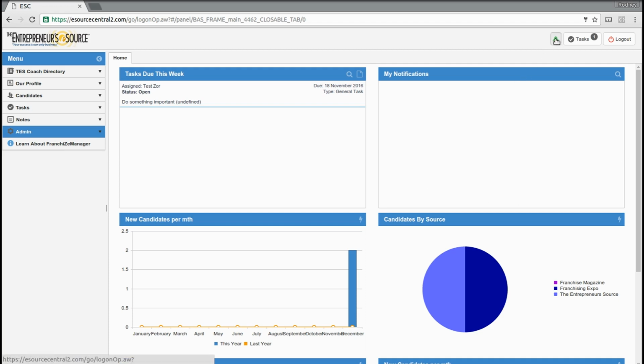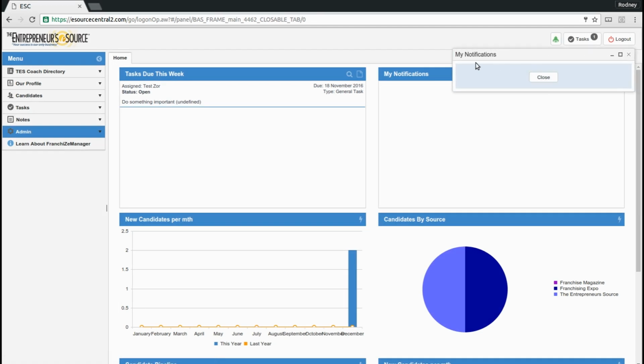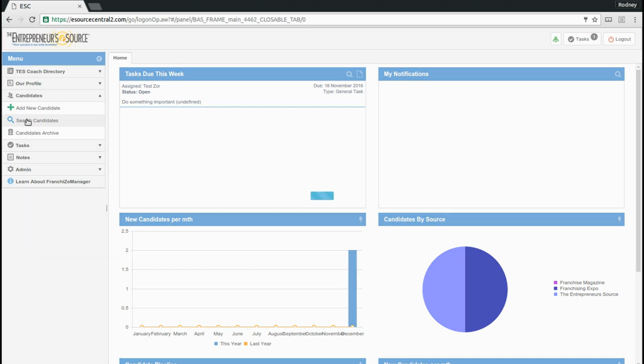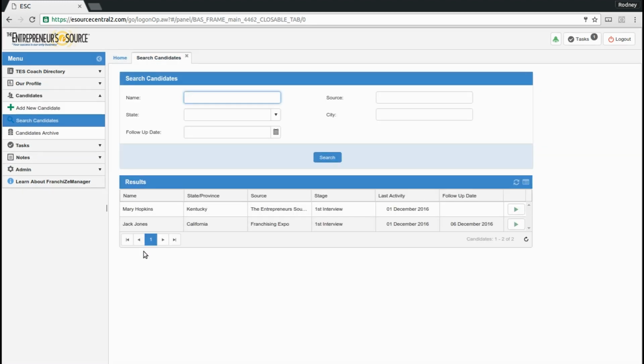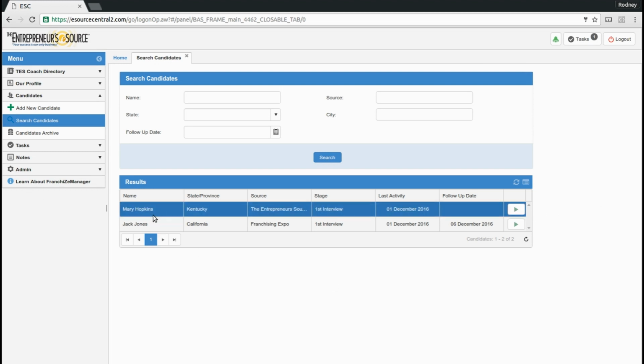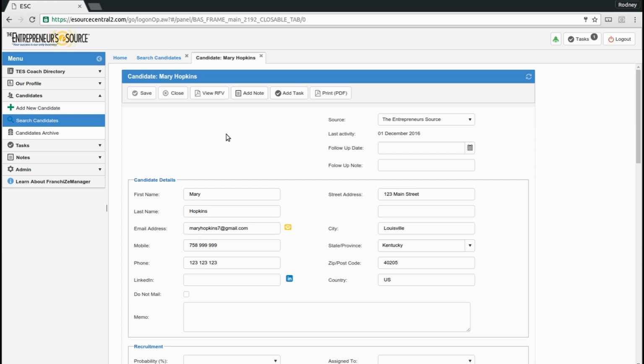And these will appear using this little badge in the top right hand menu bar here. If you click on them, new notifications will appear automatically within this list, and you can right click on these notifications and be taken straight through to the candidate record that it's related to. Obviously you can also go into the candidates area and search and find the particular candidate that you're working on. So in this example, we're just going to open up one that was sent to us from a test